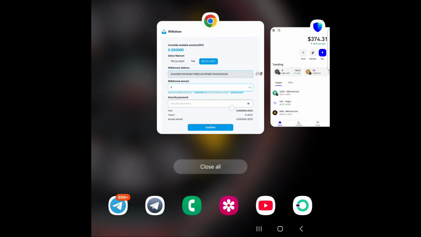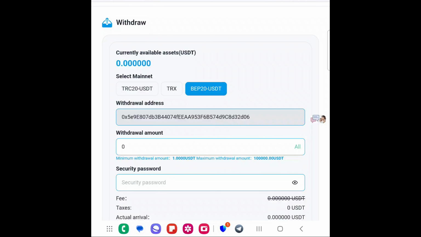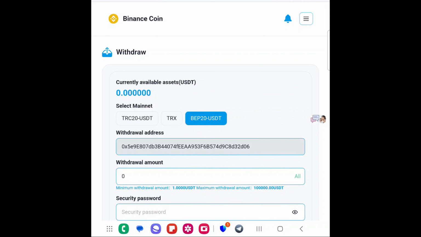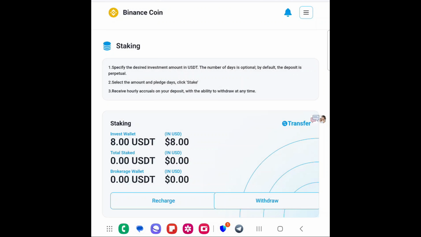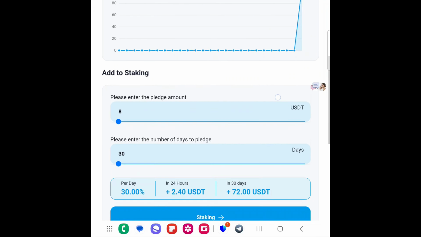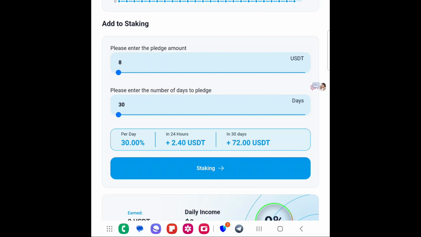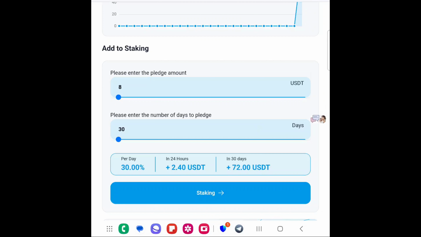Okay, so now we go back to this place. If you want to start earning, all you have to do here is to follow these steps. First, you have to sign up. After sign up, it is going to bring you here. You come down here and you have to use this calculator to calculate and see what you are going to be receiving if you decide to put in some